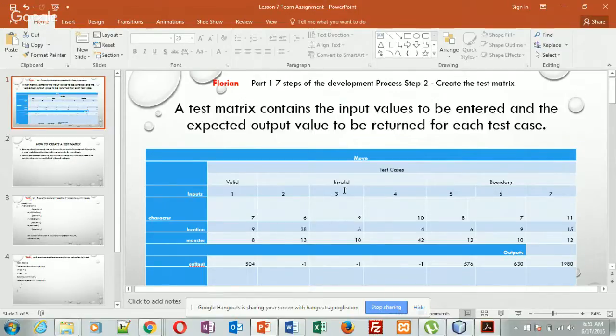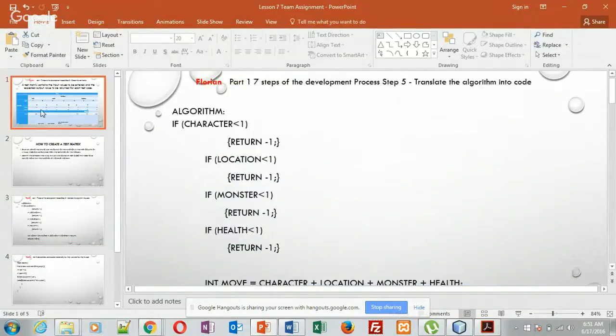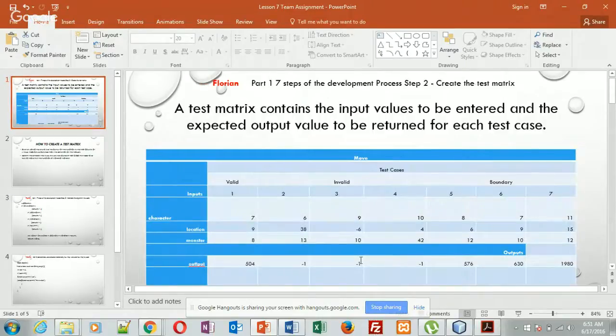When we take the invalid part, despite the fact that character is greater than 1, which is 9, which shouldn't throw an error, location throws an error because it is negative. It is less than 1. So that makes it invalid, as shown in the algorithm here. Monster shouldn't also throw an error. Now, our second invalid test, 10 is greater than 1, 4 is greater than 1. But the reason why it throws an error is that